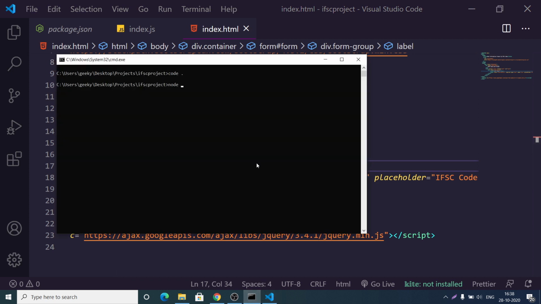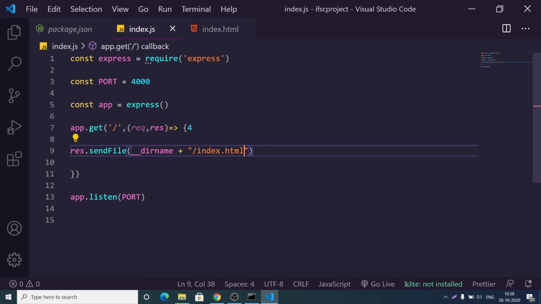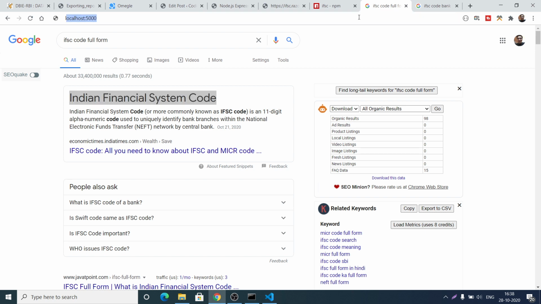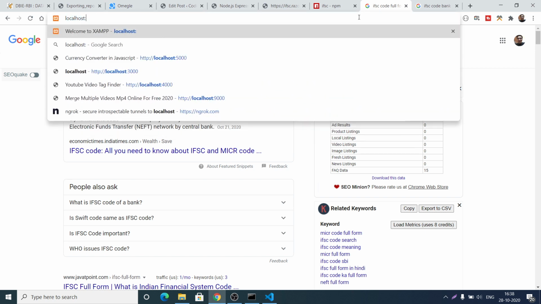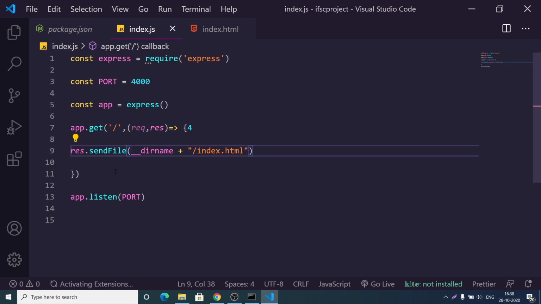So if I just write here node index.js, it will start the application on this port number 4000. So we just need to open localhost 4000, and you will see your application opening here. This is the IFSC code you need to submit here, and once you submit the code you need to make a simple post request here,